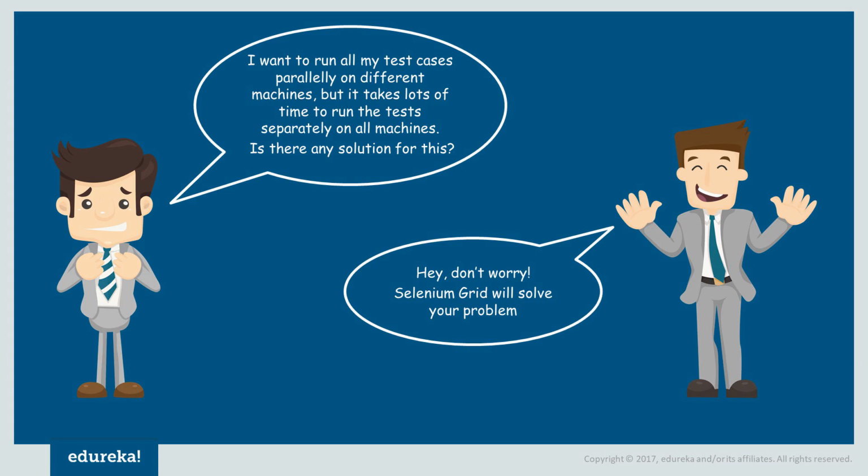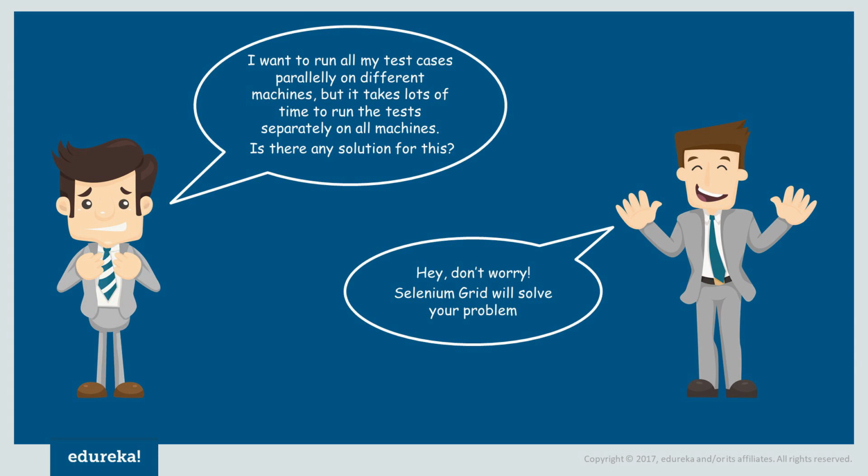Apart from that, this is the best way of performing parallel testing, because this helps you to run your scripts on multiple browsers, on multiple machines. TestNG supports parallel testing on that particular machine, but with different browsers, or multiple instances of the same browser. But Selenium Grid helps you to configure and run your scripts on different machines across the organization. So maybe you can run it on a remote system which is present in a different office location as well. That is the main advantage of Selenium Grid.